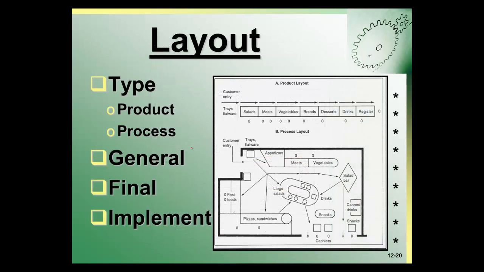Now, this is a sample of a cafeteria, and you will see in this case, this is a simple layout, but the customer patterns have been identified here. Every one of these lines is part of how they anticipate that the customers are going to come through the lines. They go this way as well, exit by the cashiers. And you will see that not only have the serving lines been established, and they've indicated where the location of the cashiers is going to be, but the tray returns have also been set up. That's not a tray return. That's actually trays and flatware. They don't have a tray return. They should add a tray return.